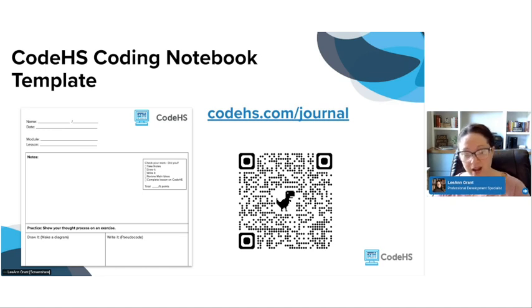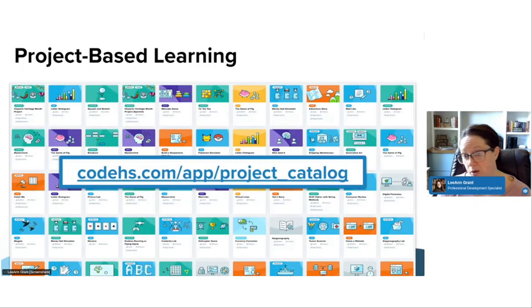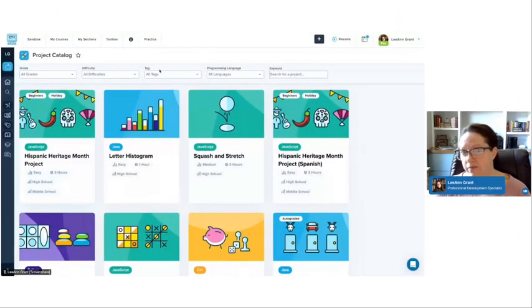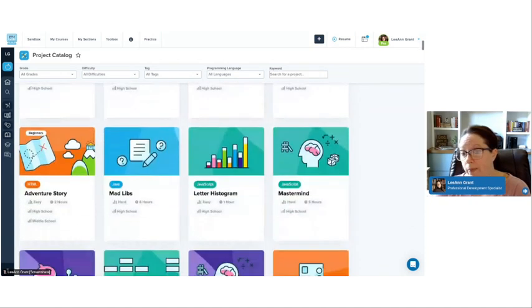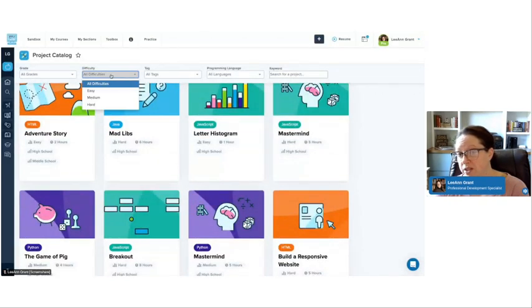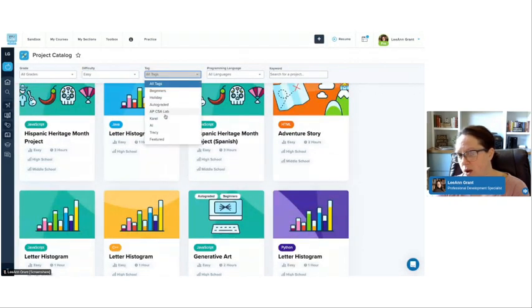So a couple other ideas for learning about code or talking about code without discussing it, or about collaboration, is we have a project catalog. So another one is allowing a student to pick a project. So this is our project catalog. We have students say they're looking for something independent to be able to work on. You want them to choose. Maybe you're going to click maybe an easy thing, and I want to do